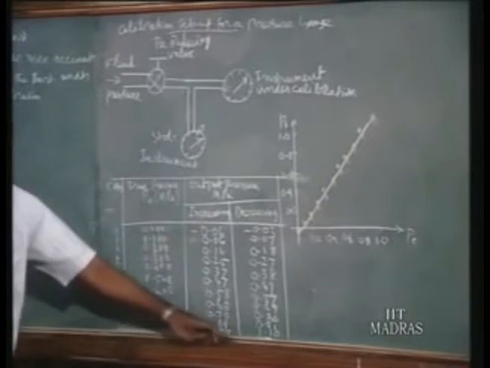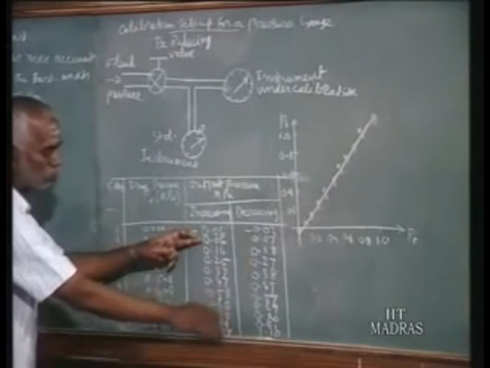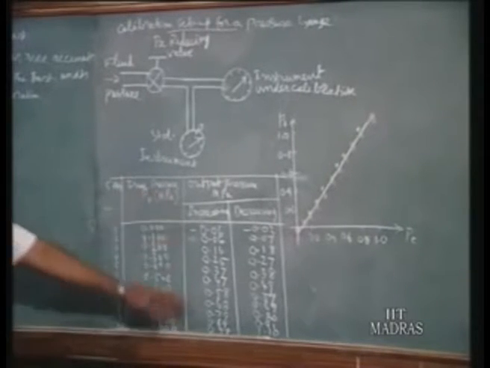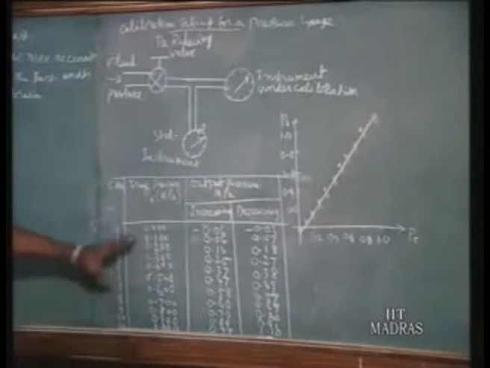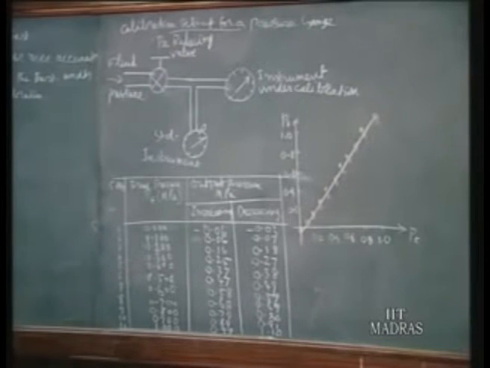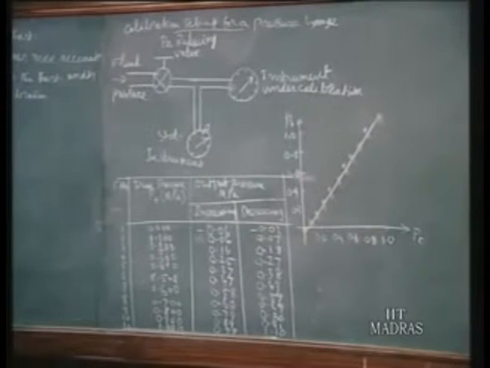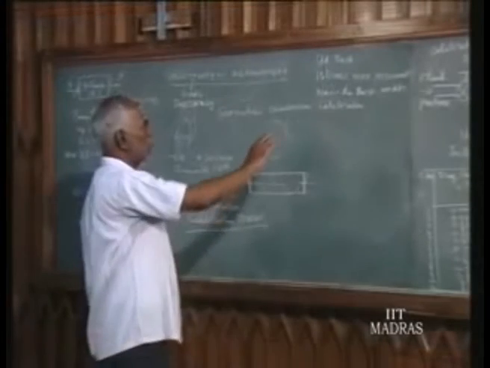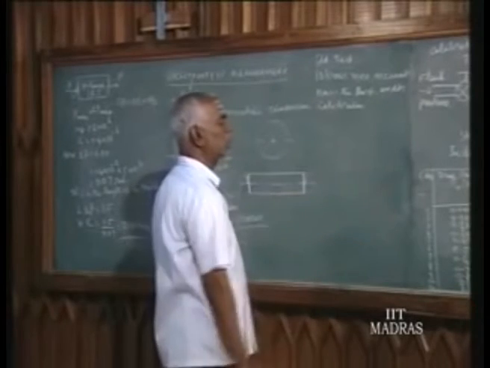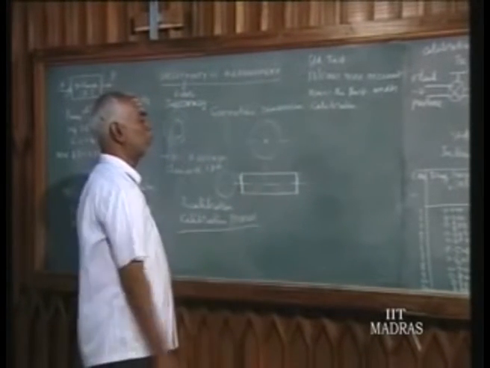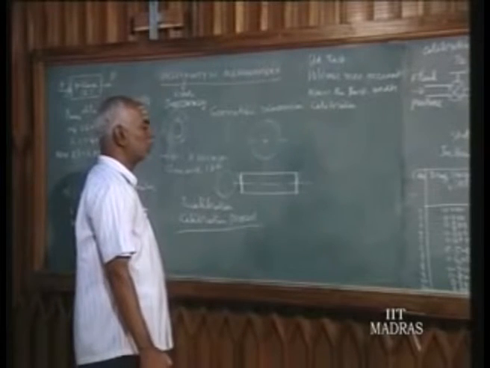That means you have got 22 readings. I can also write this below, but conventionally it is written this way: one for increasing, second for decreasing. That means 11 into 2, 22 readings we have taken. This is the way of static calibration. To do the static calibration, you have to take these readings, increasing the input in steps and decreasing the input in the same steps, and note down the readings.